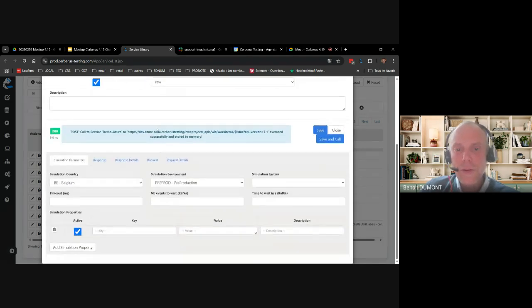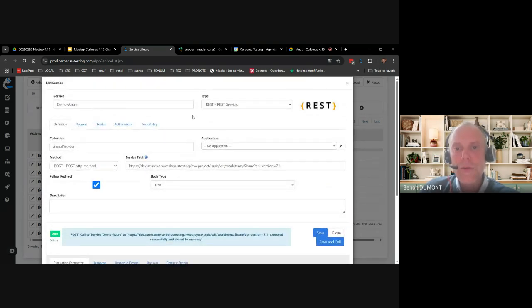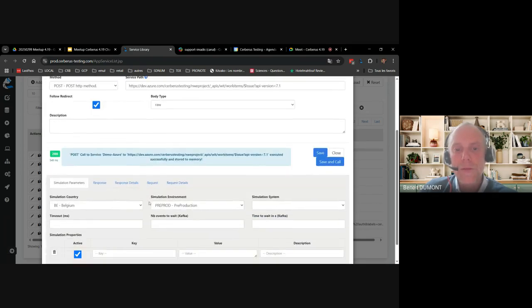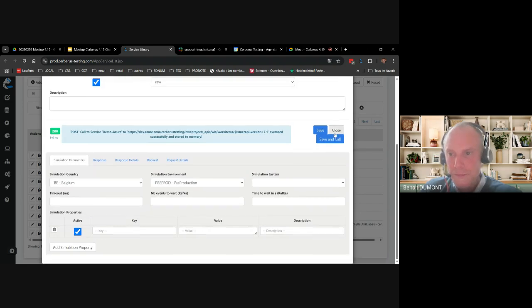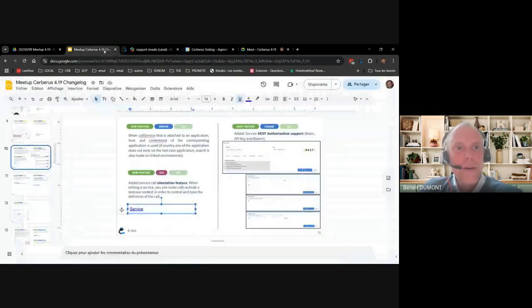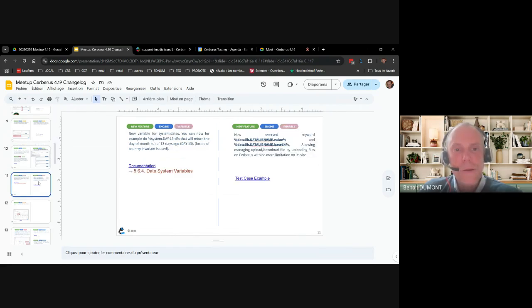So quite a few improvements in terms of API call. All the features that I presented, especially the simulation call, can be used on any type of service. Of course, authorization makes sense only for REST calls. So that's for the API call improvements.